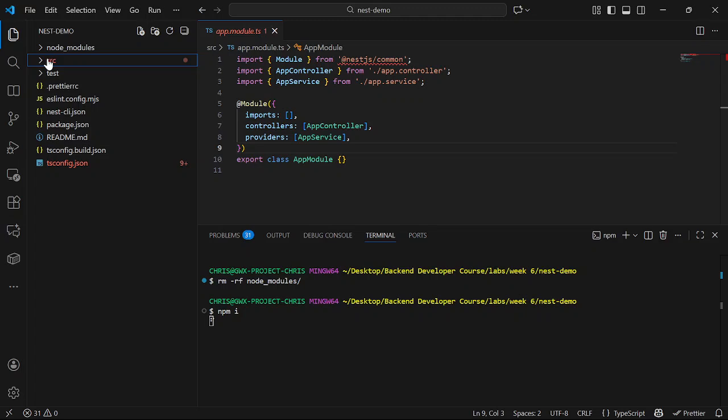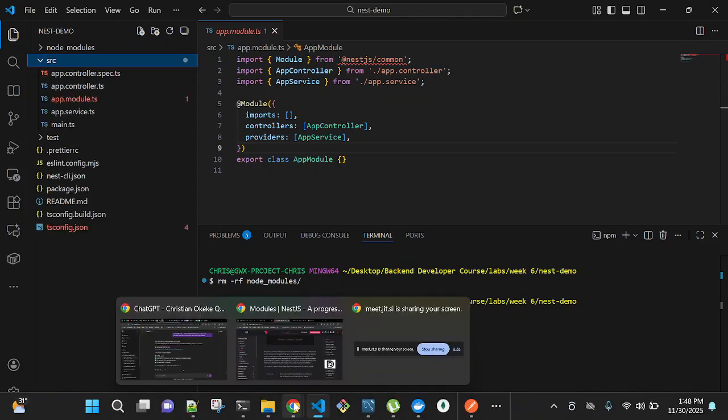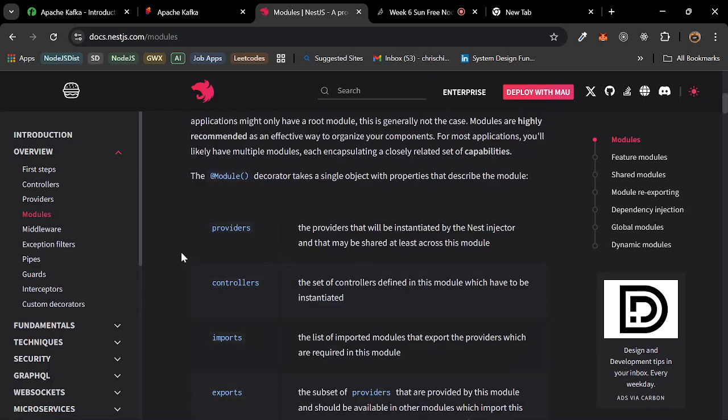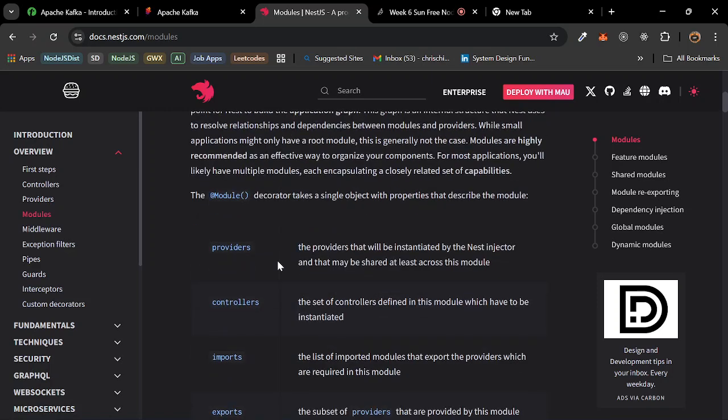So here, our application is installing, but before that, let's create a CRUD operation on user, see what we can do with that. Now these are the items that the module decorator takes, right?